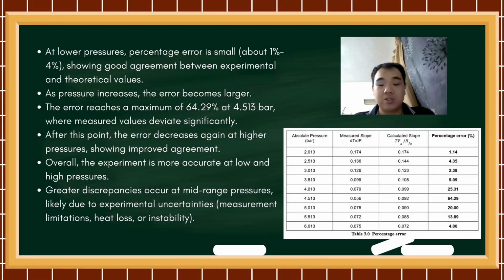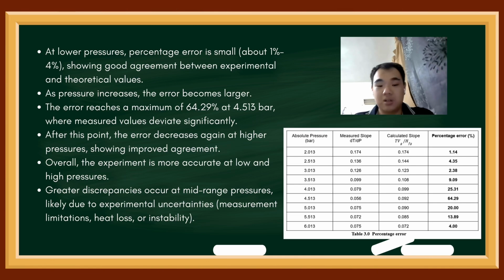Table 3 shows the percentage error between the calculated slope and the measured slope. So the table shows the comparisons between the measured slopes and the calculated slopes at the different absolute pressures, along with the percentage error. At lower pressure, the percentage error is small, about 1 to 4%, indicating a good agreement between the experimental and the theoretical values. As the pressure increases, the error becomes larger and reaches a